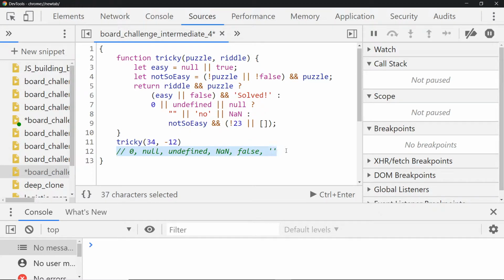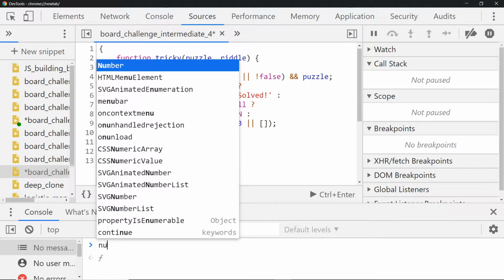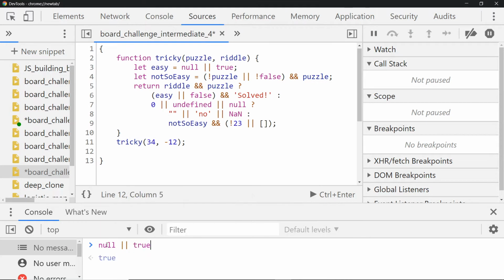So knowing this, if we call the function like this, it's going to return. So let's go step by step. First of all, easy. What is easy going to be? Someone wants to tell me? It's a variable, yes, but what will it be equal to? Oh, true. True. Okay. So if we do null or true, this is true. There is a rule of thumb: when you have many values separated by an OR, it's going to return either the first